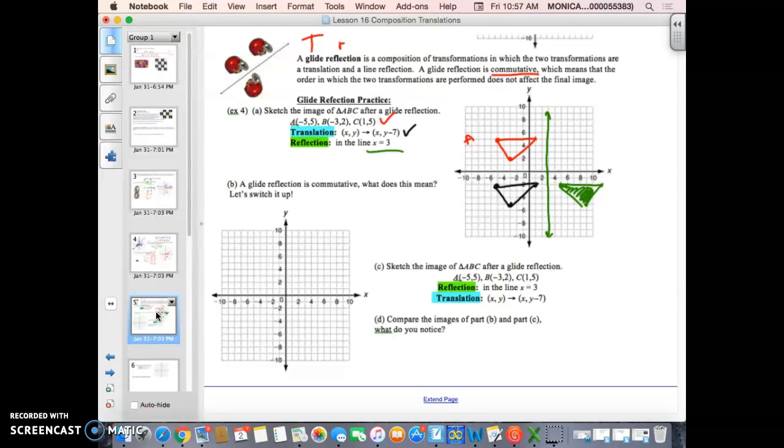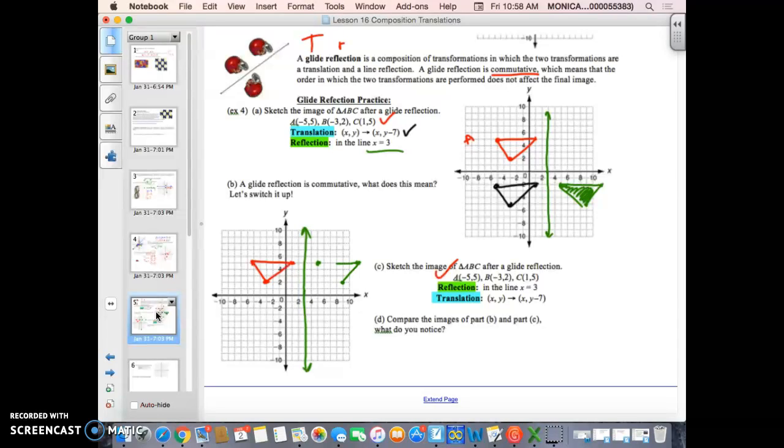So let's see if that same thing happens if I reflect and then translate. So I'm going to start over here at -5, 5. And then I'm going to go to -3, 2. And 1, 5. So here's my original image. Second image now, I'm going to reflect across the y equals 3 line, which is here. So this is 2 away. This is still 8 away. And this is 6 away,